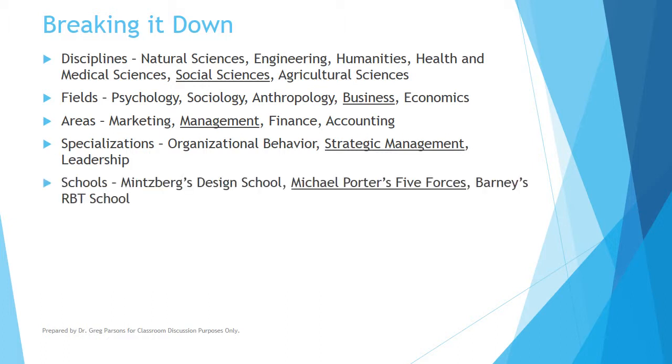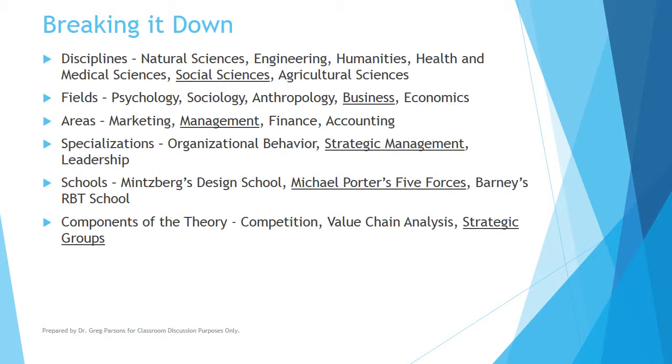Then, within strategic management, for example, you'll find that there are different schools of thought. There's Mintzberg's anti-design school. There's Michael Porter's five forces school. There's Jay Barney's resource-based theory. So there's a bunch of different schools of thought within strategic management that you would have to look at. And taking it a step further, if you chose to work in the area of Michael Porter's work, well, he wrote a lot of different things, and a lot of people have written about him, so you're still too broad. So now you've got to look within Porter's work at a particular theory that you thought was relevant.